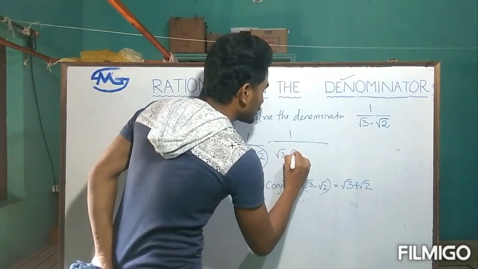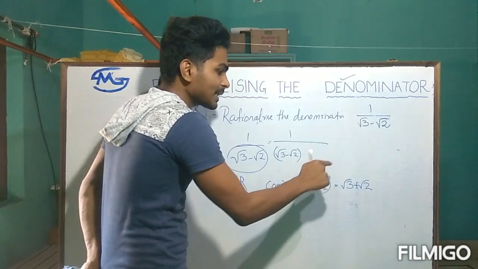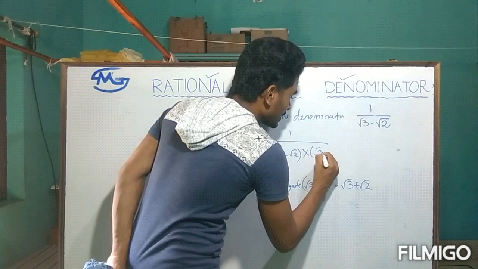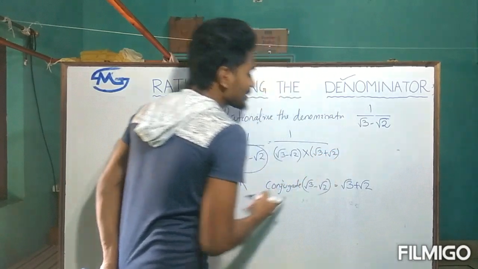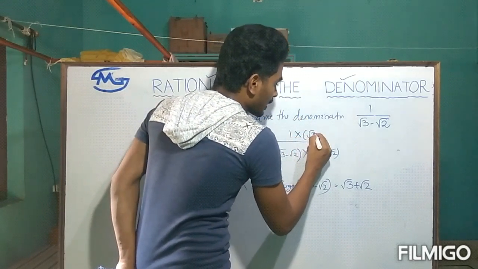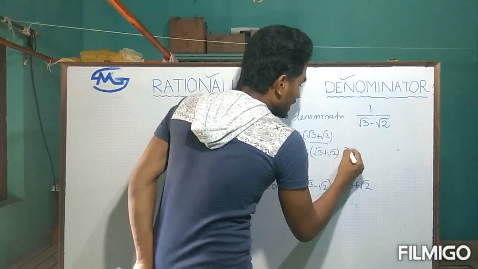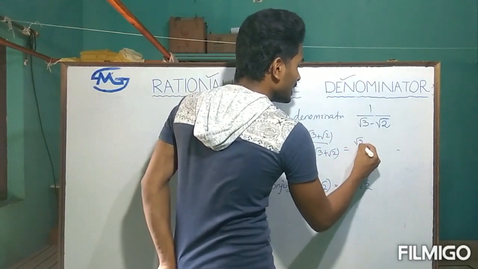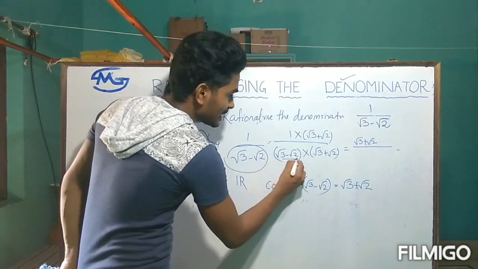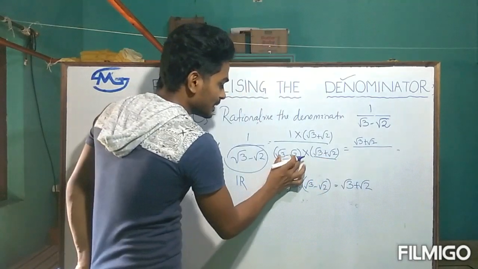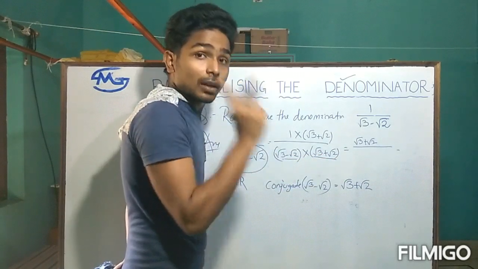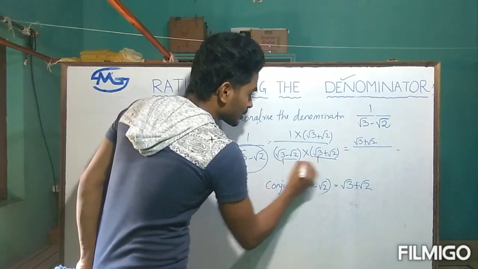is we have to multiply that conjugate with the denominator. So the conjugate is multiplied with the denominator. Since it is multiplied with the denominator, it has to be multiplied in the numerator as well. So 1 into anything is anything. The answer is root 3 plus root 2 whole divided by, see, it is a term with two terms, and this one also has two terms. In these there are two common terms. Here root 3, here also root 3.